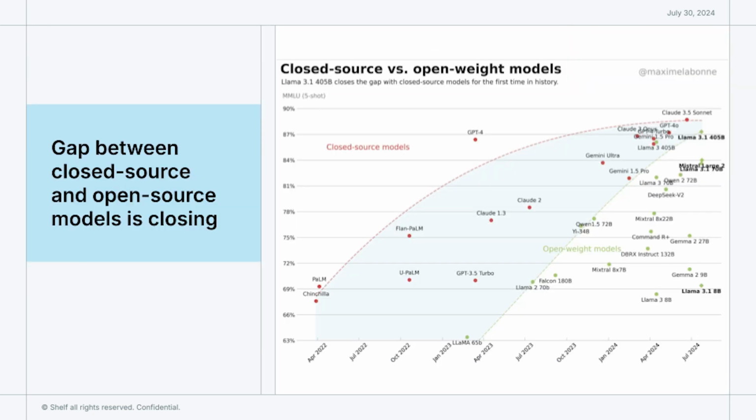And I want to expand this first item with this graphic, this figure shared by Maxime Lebon. It shows how the gap between closed source models and open source models has been gradually and consistently closing. Now, the 2 lines on the figure, take them with a grain of salt. I think they're biased towards open source models, but still the top right of the graphic is very interesting indeed,